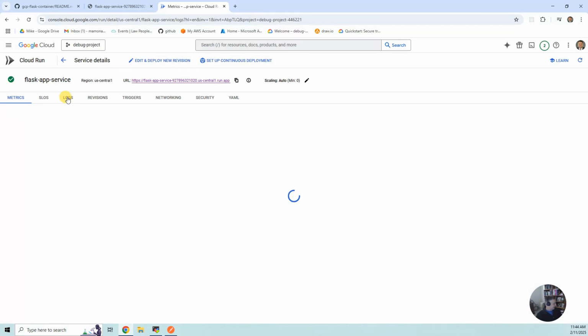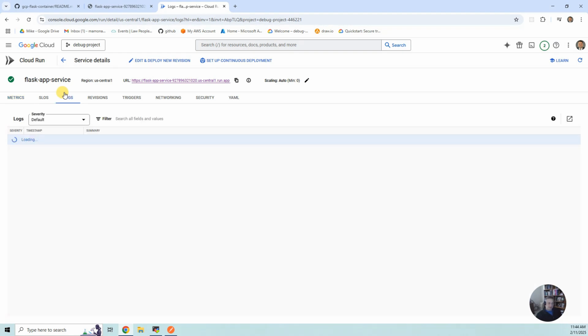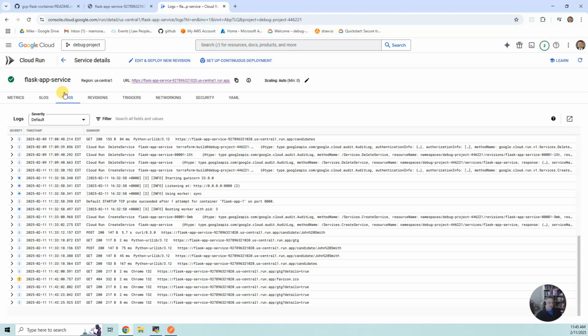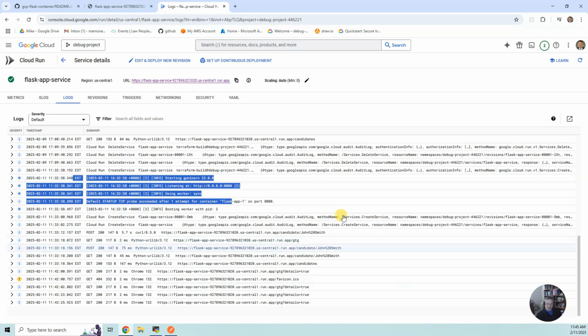If you've ever used Kubernetes, logs without something like Grafana or some other log aggregation tool, it's like dumpster diving. And so these services allow you to get to the logs very easily, so you can get in. Here's where it was started. So it's just a very easy interface to get into the logs. And then we've got revisions,